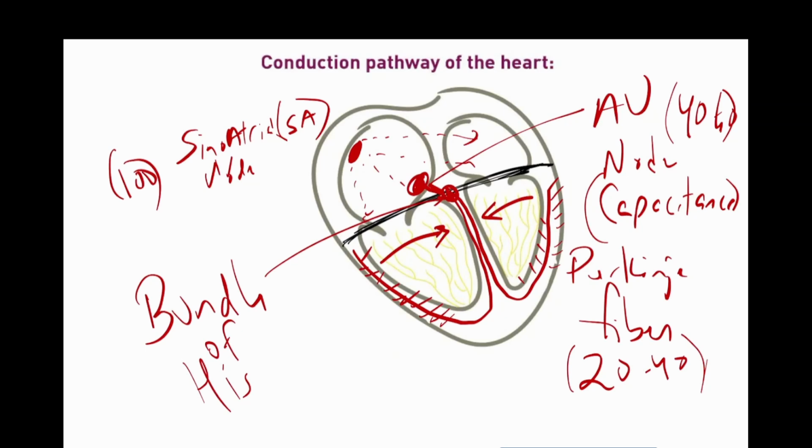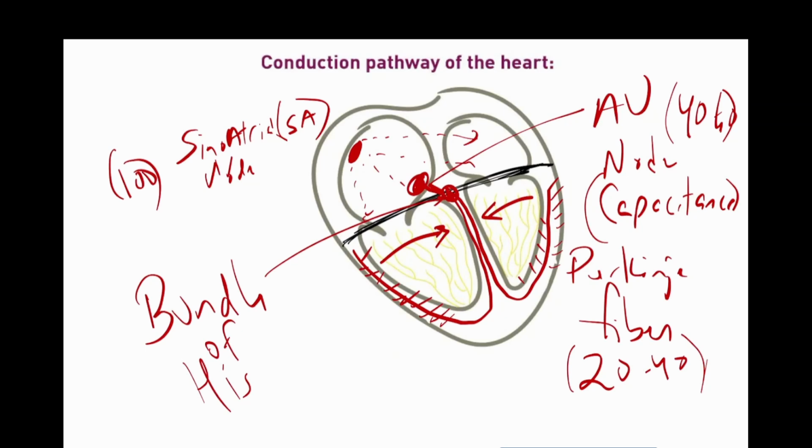Complete heart block means the top and the bottom don't communicate. Their heart rate is going to be in the 30s and 40s because the Purkinje fibers are taking over to control the ventricular rate. So that's the conduction system. SA node to AV node. The AV node holds on to the charge for a little bit, allows ventricles to fill with blood, then sends the signal to the ventricles, which are then going to squeeze, ejecting the blood to either the body or the pulmonary system.